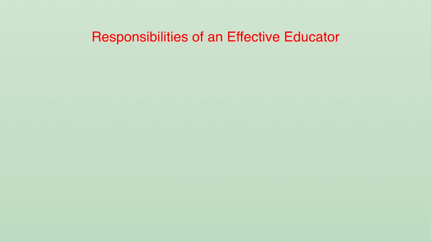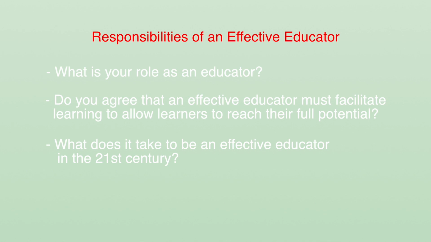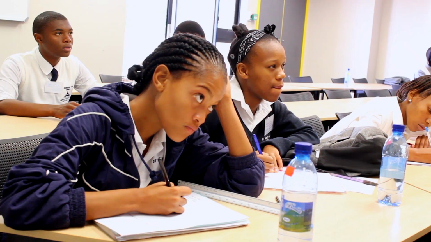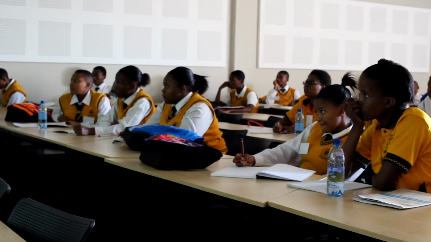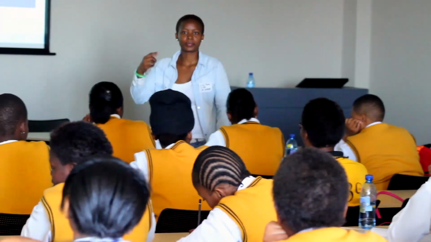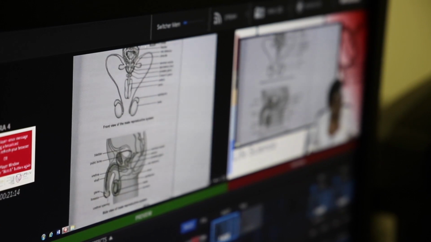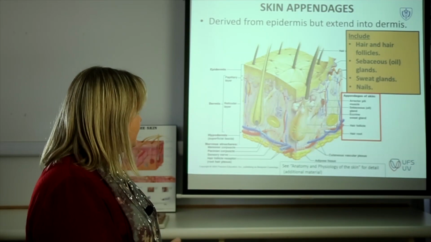Responsibilities of an effective educator. What is your role as an educator? Do you agree that an effective educator must facilitate learning to allow learners to reach their full potential? What does it take to be an effective educator in the 21st century? An effective educator today has the same qualities as in the past. Qualities such as enthusiasm, dedication, and excellent communication skills, as well as a passion for continued learning and professional growth. The difference for the 21st century educator is the ability to incorporate technology and social media to increase learner